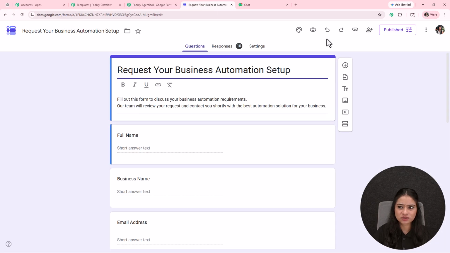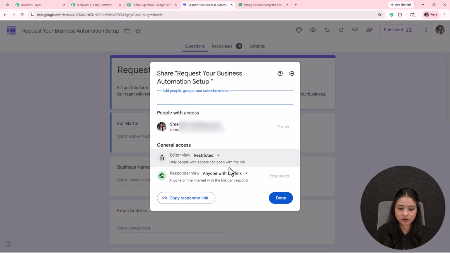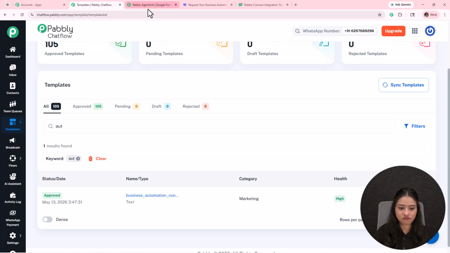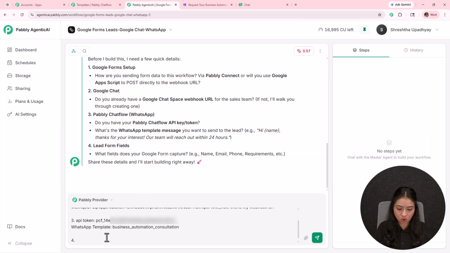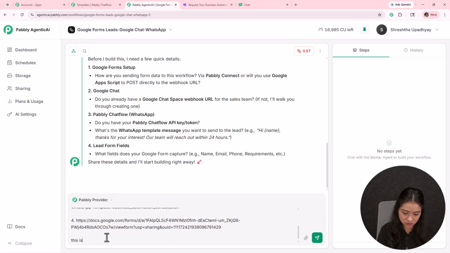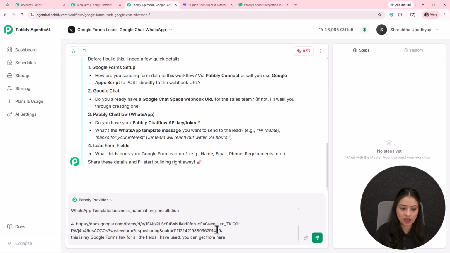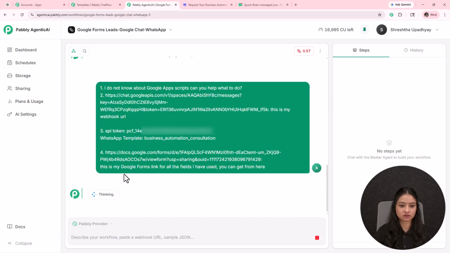The next, the fourth point, is the lead form field. So here I'm going to simply make the form shareable with anyone, and I will go back and simply paste the link of my form over here. Let's see, will it work or not? This is my Google form link. For all the fields I have used, you can get them from here. Okay, I have provided the instructions. Now, as I'm going to click on enter,